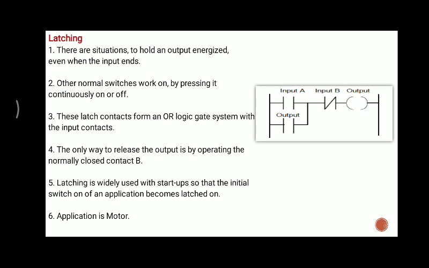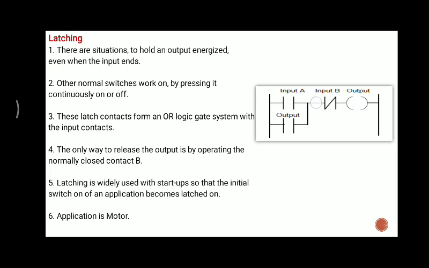So it means even if you release this input A, the rung will work through this input B and then the final output. So it happens like this when we press the start button in the motor and release it, then also our motor goes on running until we press input B, or the stop button.